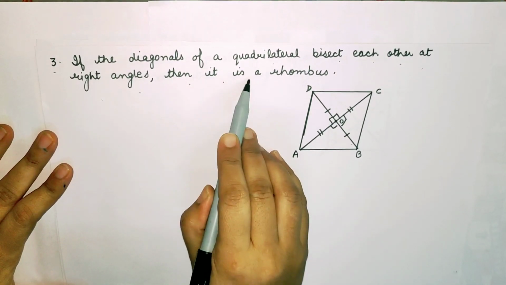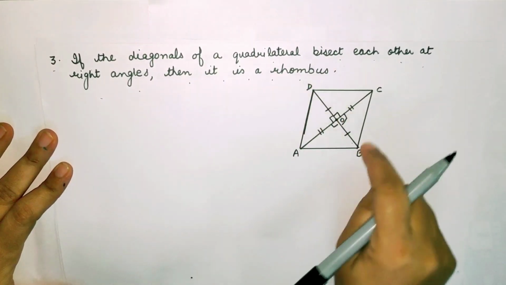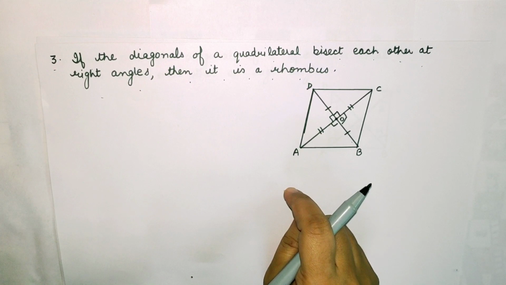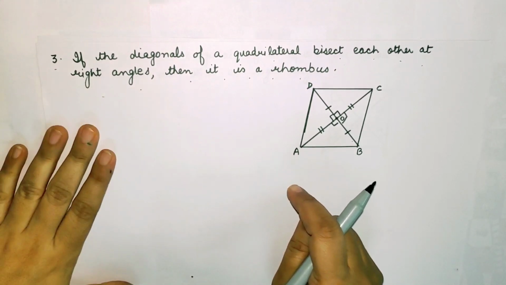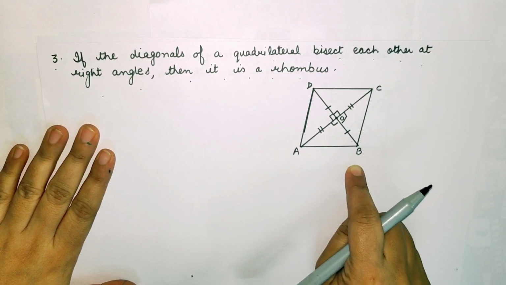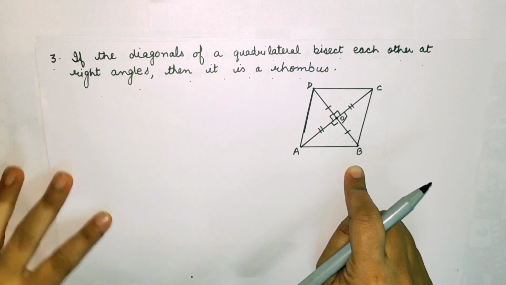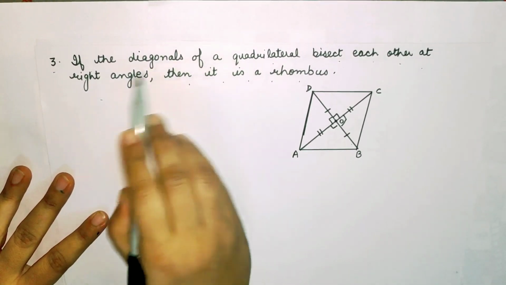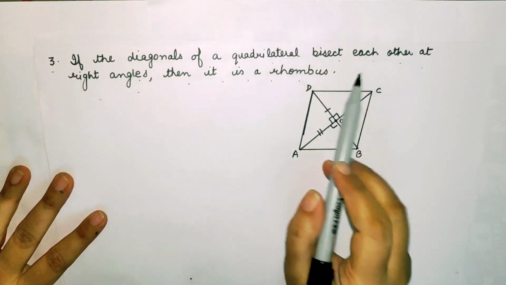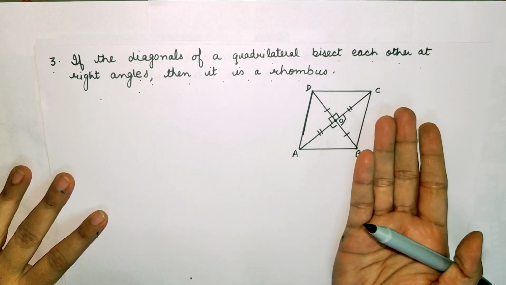Then we have to prove that it is a rhombus. हमने क्या प्रूव करना है? कि ये एक रोम्बस है. अब मैंने आपको बताया था कि रोम्बस के लिए हमें क्या कुछ चाहिए होता है. The first condition is, first we have to prove that it is a parallelogram. सबसे पहले हमें क्या प्रूव करना पड़ेगा? कि ये पैरेललोग्राम है. और सेकंड कंडीशन, अब ये तो हमें गिवन है कि डायगोनल्स ऑफ अ क्वाड्रिलेटरल बाइसेक्ट ईच अदर एट राइट एंगल. If in a parallelogram the diagonals bisect each other at right angle, then we say that it is a rhombus.